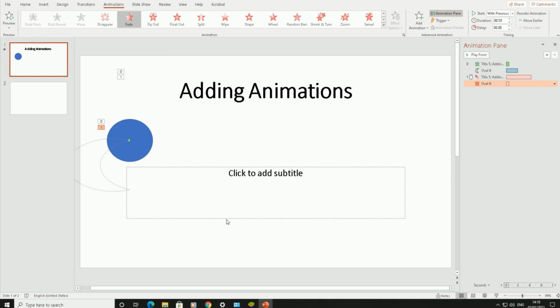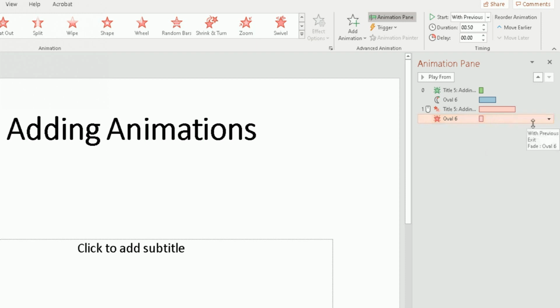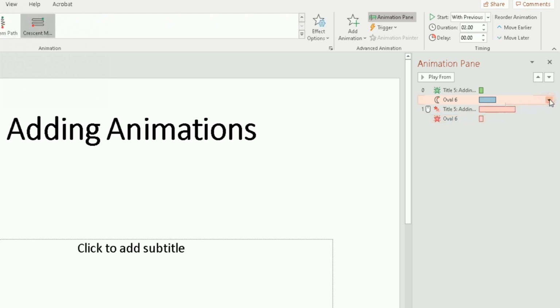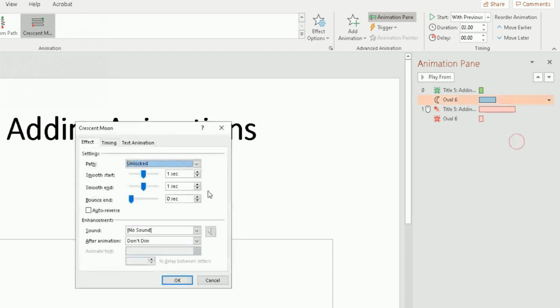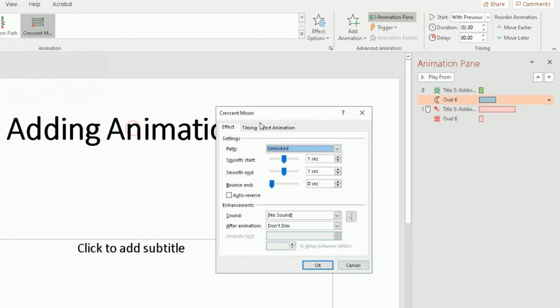So you can add lots of different effects, lots of different animations. You can even add sound. So if I click on here, the second one where the circle's moving, click on effect options here. You can add your own sound. So here, no sound here, look. Choose sound. I can choose on applause,